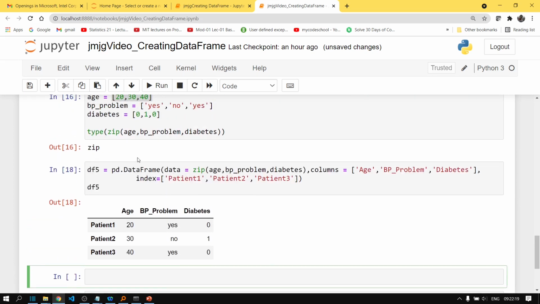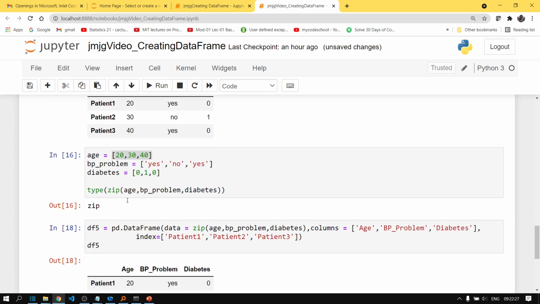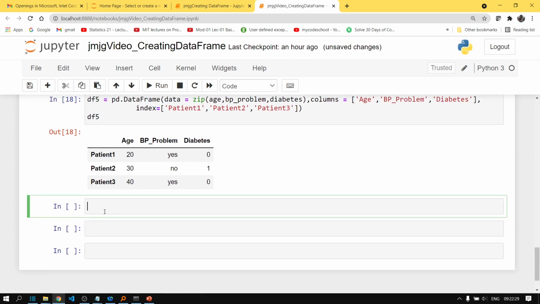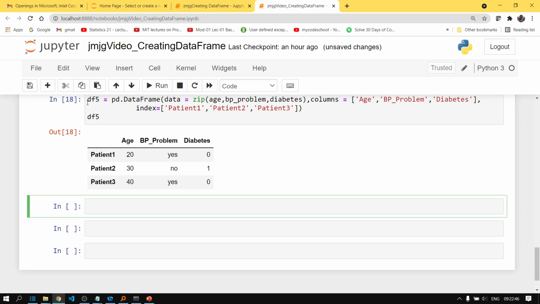So this is another way of creating a data frame using different lists and zipping them or merging them using the zip function. So another very interesting thing is that for some reason you may have to create a new data frame from an existing data frame. So let's say I want to create a new data frame df6 from the existing data frame df5.